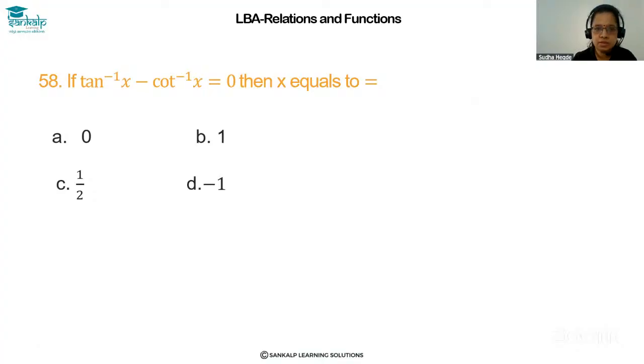Hi students, the question is if tan inverse x minus cot inverse x is equal to 0, then you have to find x value. Option A 0, option B 1, option C 1 by 2, option D -1. Okay, so let us take the given expression. Tan inverse x